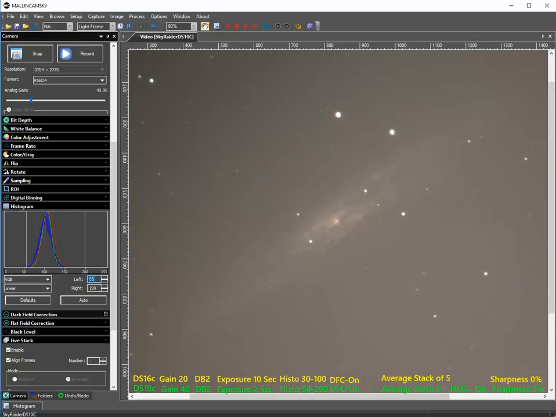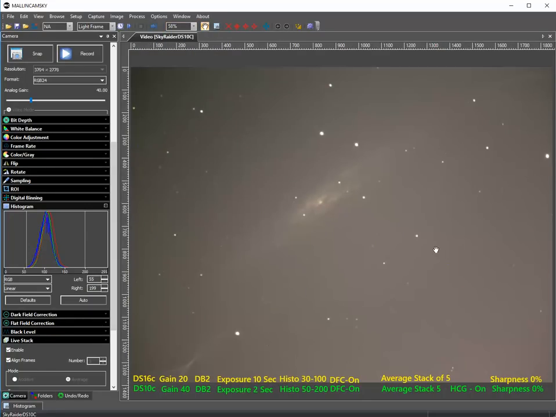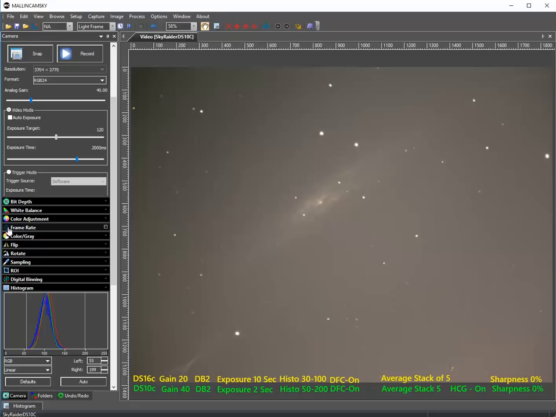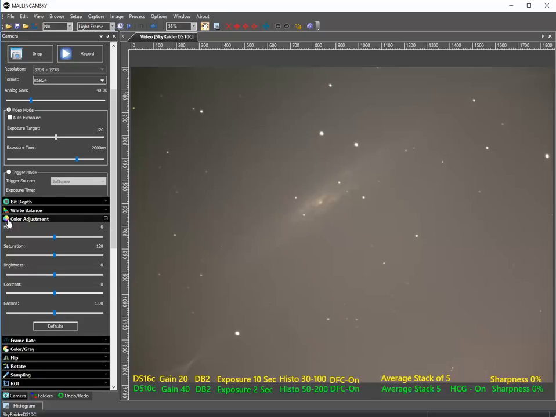And now it's up to almost 19 degrees up, so it's getting a little bit higher. That's that little flare. That's got to be something in the focal reducer. Yeah, there is. I have everything set to defaults. I'm not going to mess with it. I mean, I could start playing with gamma and contrast and stuff, but